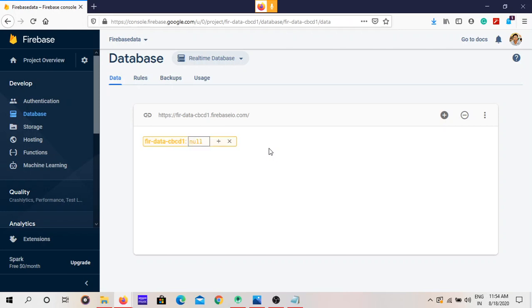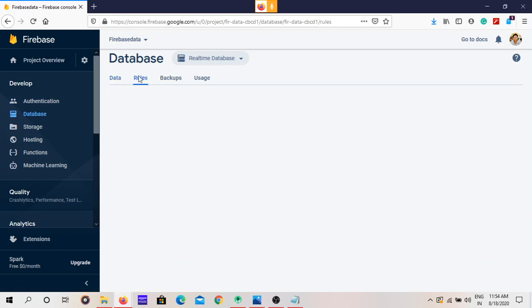Yeah, now see, this is our table. In SQL we name it a table. Actually SQL is structured query language, and as the name says, everything is in tables and rows. But here Firebase, Google Firebase, follows a NoSQL format. I will show you in a minute. Wait until we push the data.